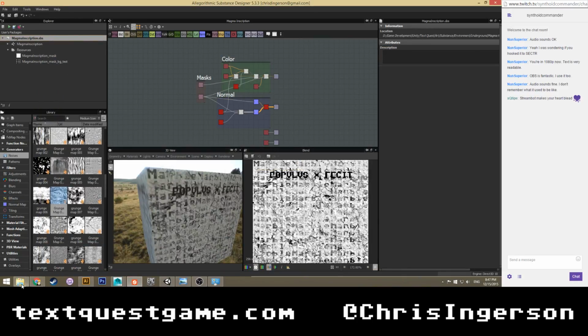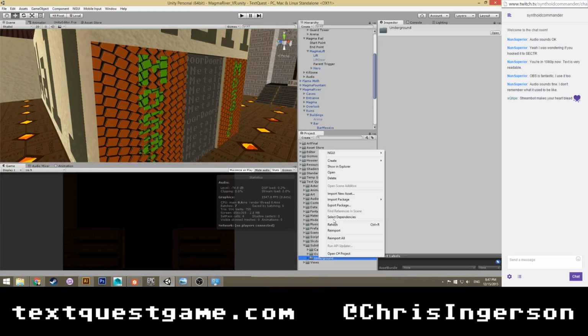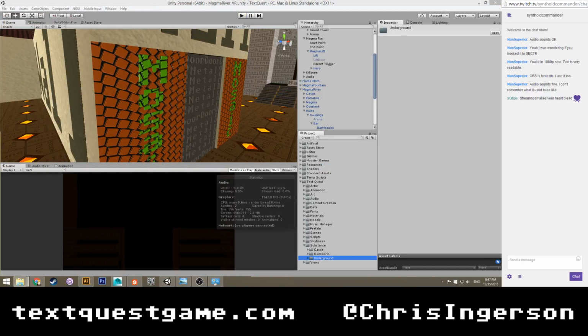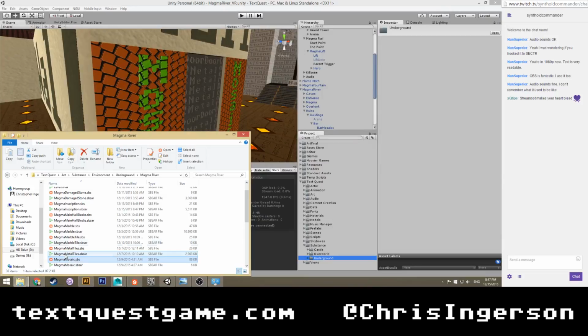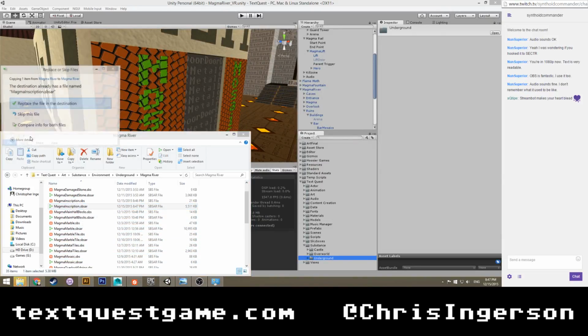Nice. And go into Unity real quick. Substance. Show in Explorer. Go ahead and pull this over to the left because that way I can actually move things around pretty quickly. Pull up this. So we just adjusted magma inscription. Drag that over here.